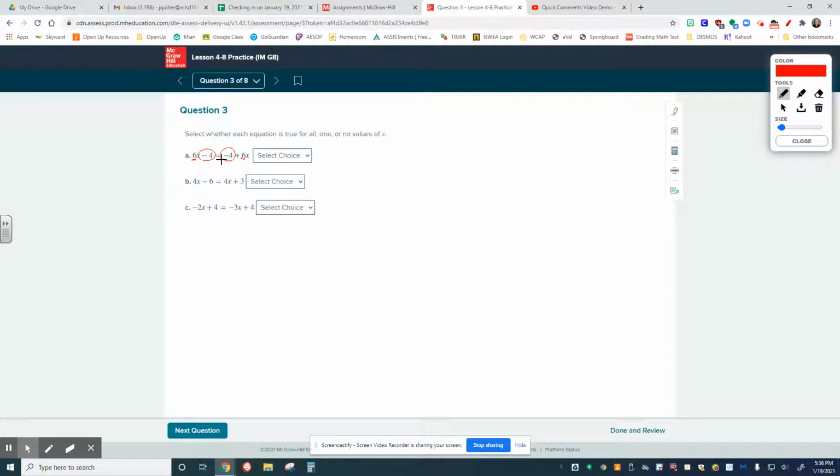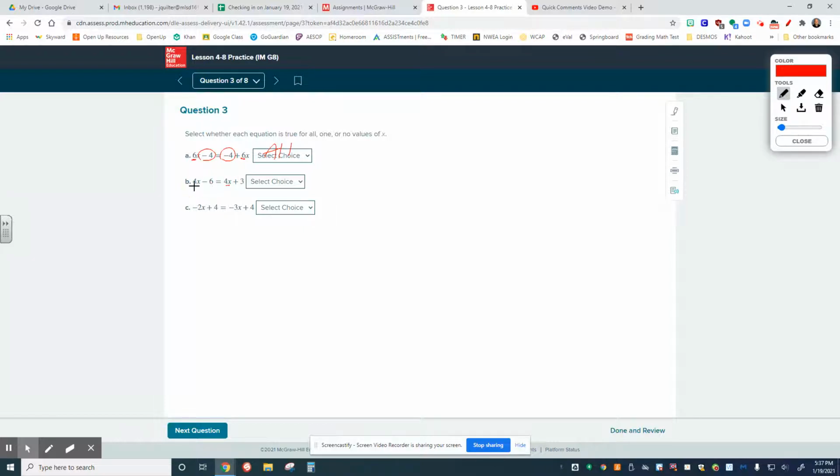What does that tell me? That tells me that all of my solutions are going to be correct, no matter what. Because these two expressions, even though they're written a little bit different from each other, they mean the exact same thing. Okay, looking at the next one, I have a product of 4 times x and a product of 4